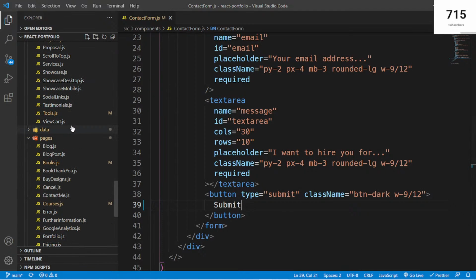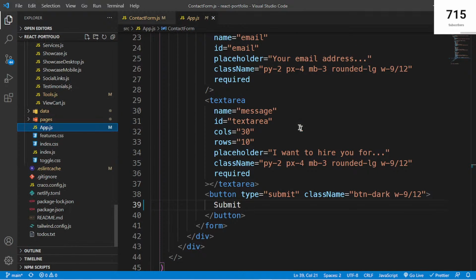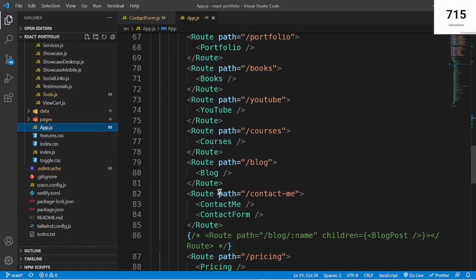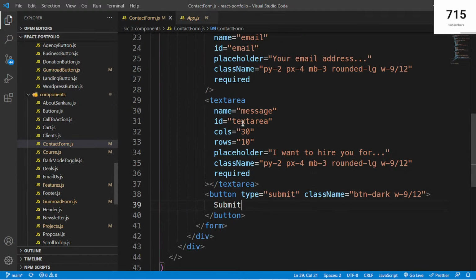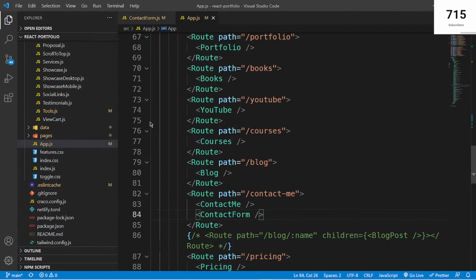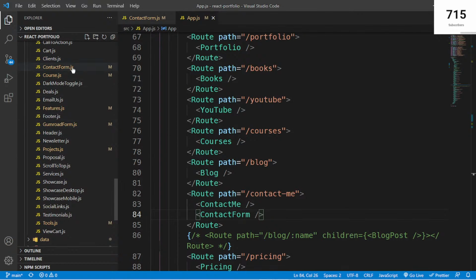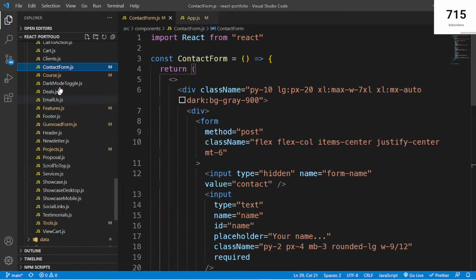Let's go into app.js. App.js, we have the first slash pointer. Oh no. So these are two separate components. That was a bad idea. Well, if that wasn't a bad idea. Okay. Contact form. Where is my